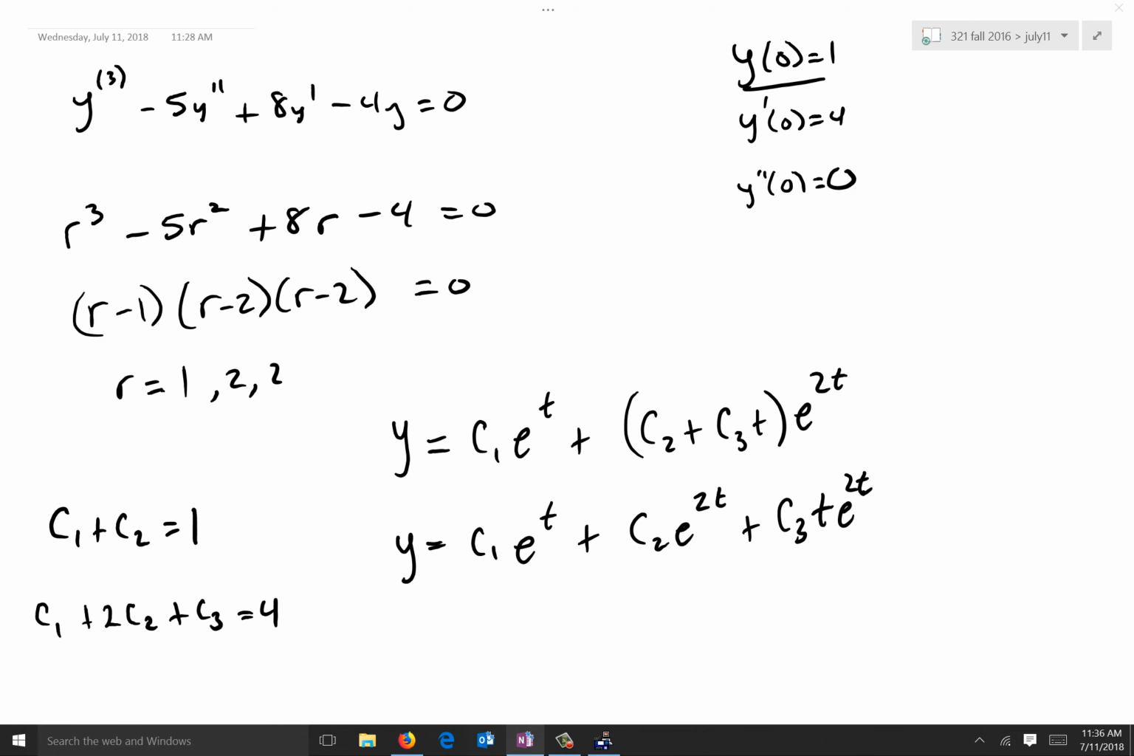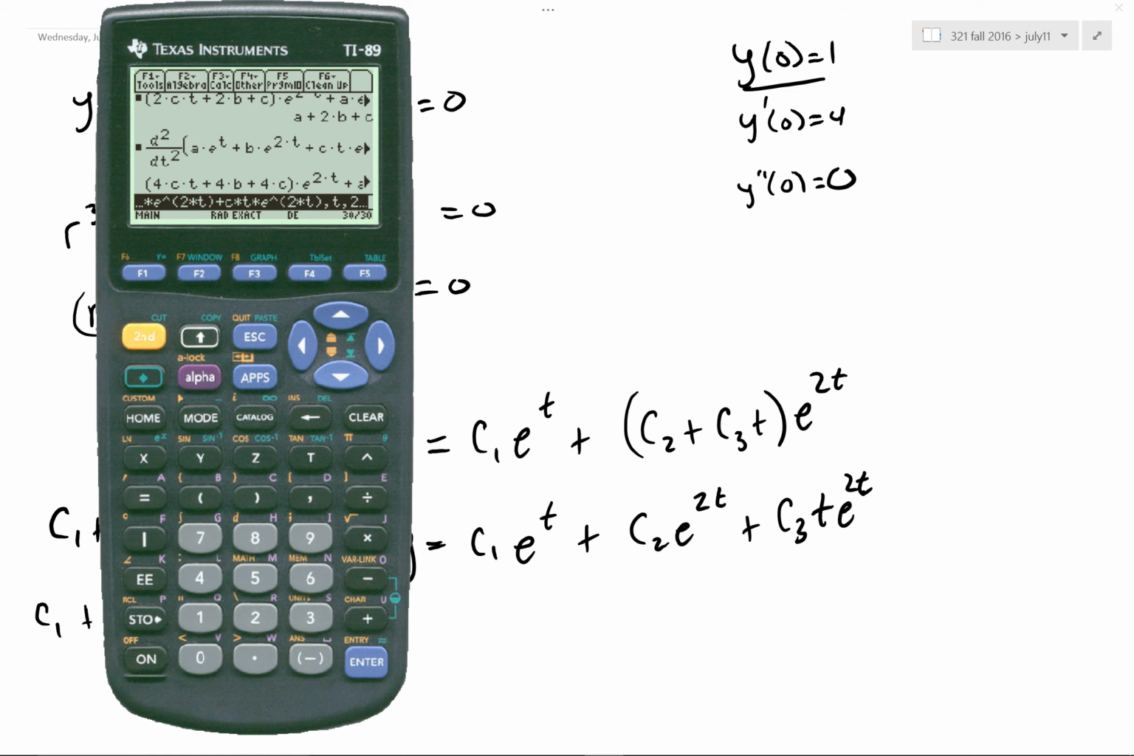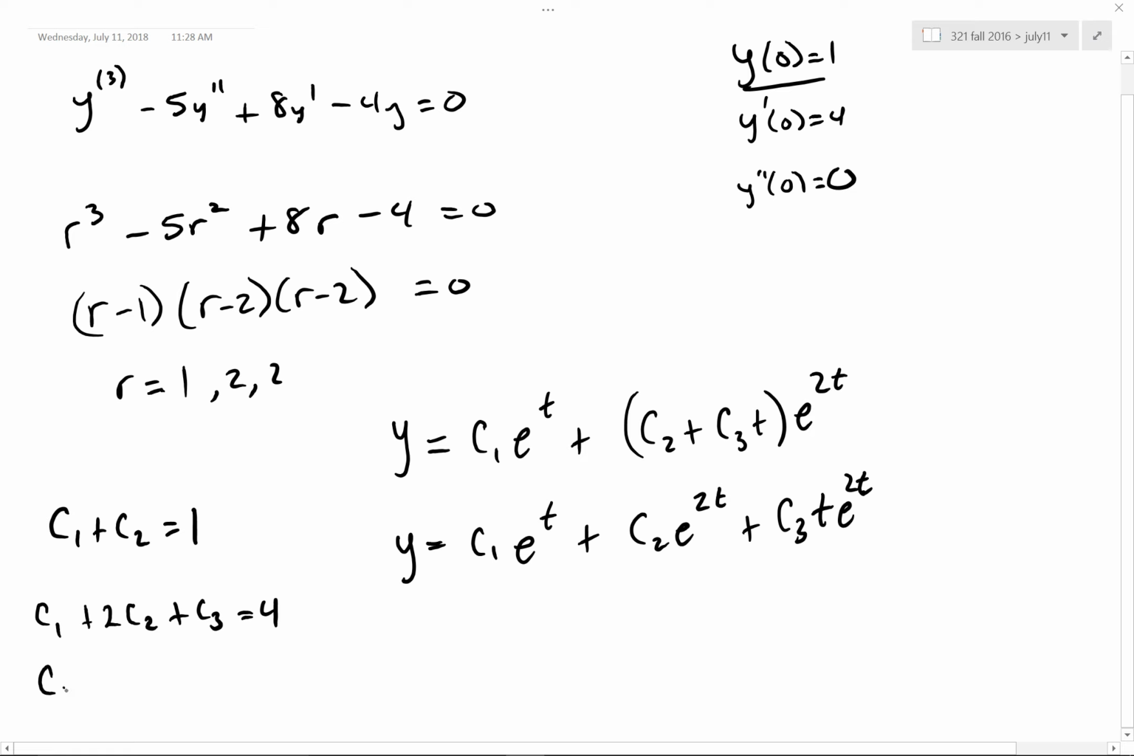And then on the calculator again, I'm going to take the second derivative, so come back up here and just put a comma 2 at the end. Again, this is what the derivative is, and again, I don't care. I care about evaluating this at 0. So I grab it such that t equals 0, and I get C1 plus 4C2 plus 4C3